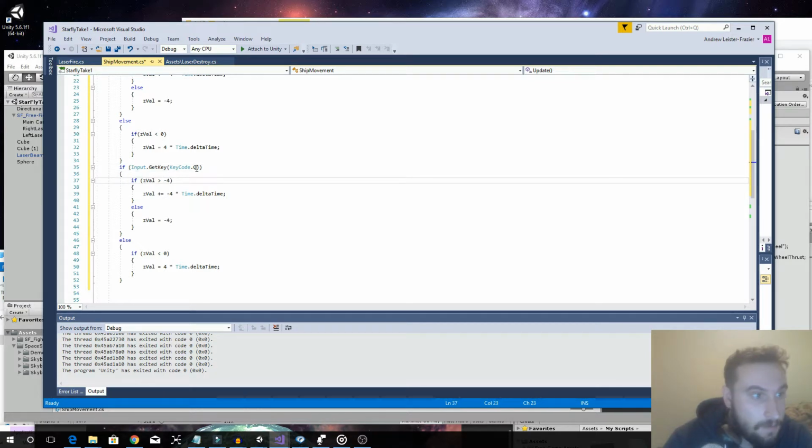So if zval is less than 4, then we want to add 4 times delta time to zval. And else, if it is greater than 4, then zval is equal to 4. And then zval, if it's less than 0,